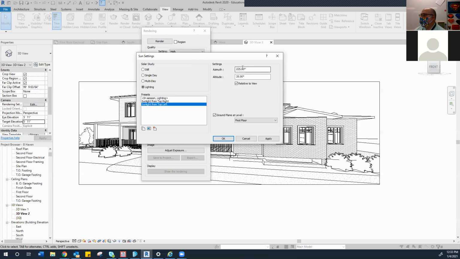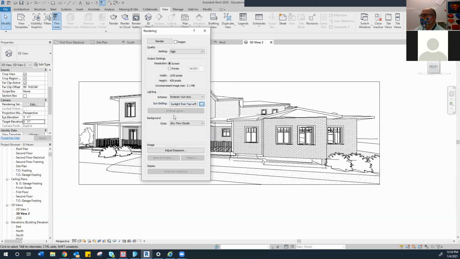Okay, then here are some settings here. If you know your exact coordinates on the planet Earth, you can put that in here. There's an easier way to do that than this, so we'll look at that here in just a minute. So I'm just going to apply that and hit OK. Now, down in the background,